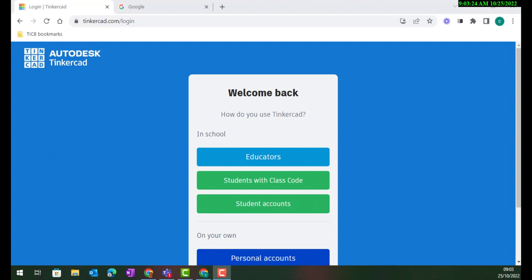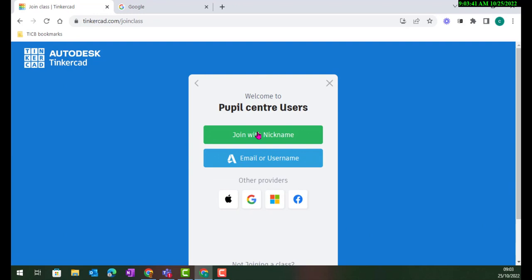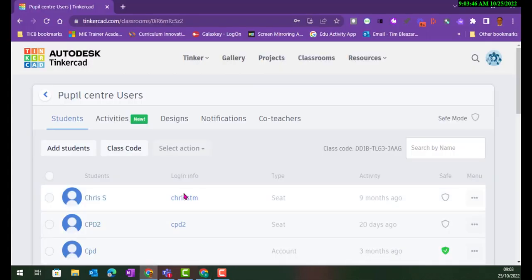Now what if you do not have Google or Microsoft accounts for your children to use to log in? Well, in that case, the children can use a nickname. So what they would do here is click students with the class code, put the code in just like before, and when they get to this screen, they're going to join with a nickname. Now, how do you set those nicknames up? So if I just go back here as a teacher,